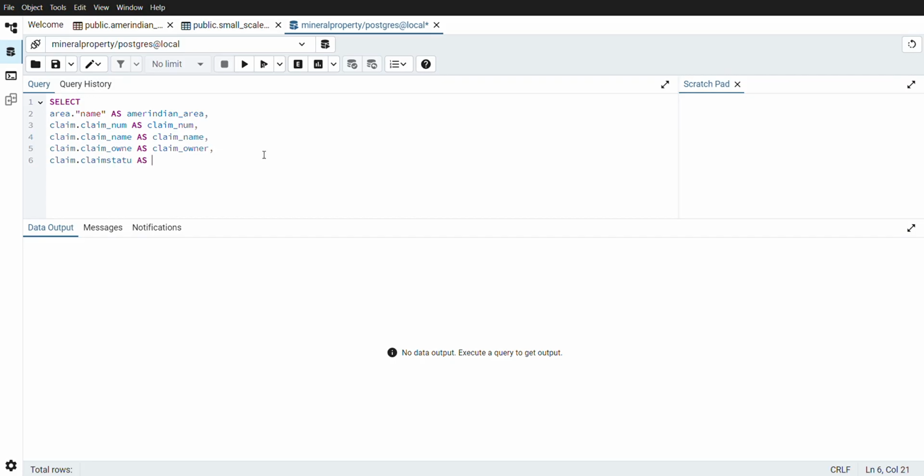However, this is going to be renamed status in the filter dataset. So I have identified all the columns that I want to be added to my filter dataset. I'm going to now insert my from layer. Because our main table is going to be the Amerindian area, that is what it's going to